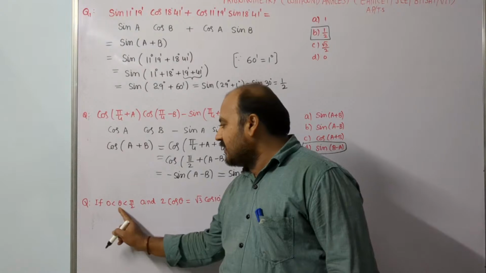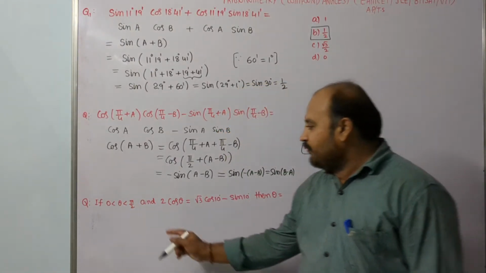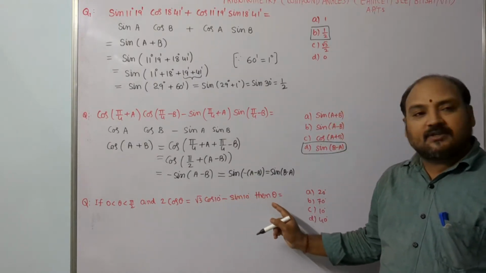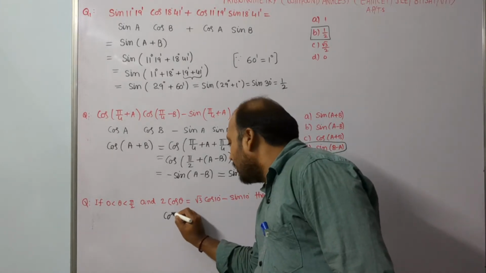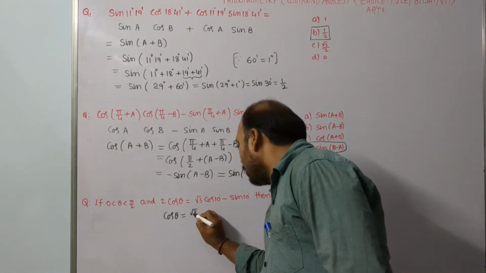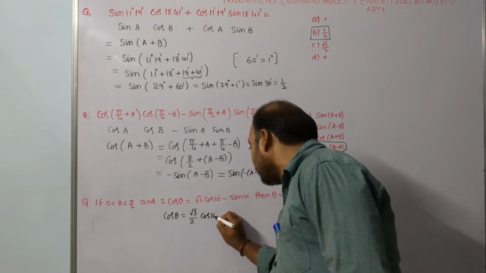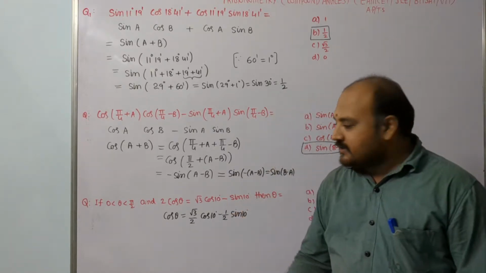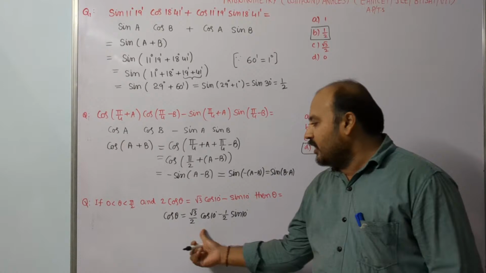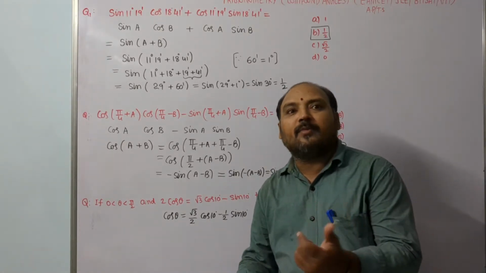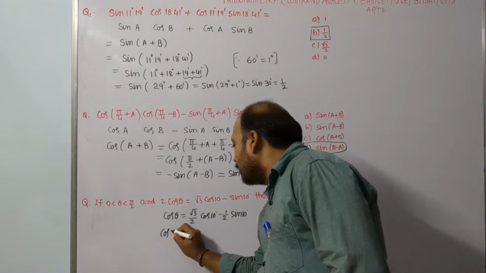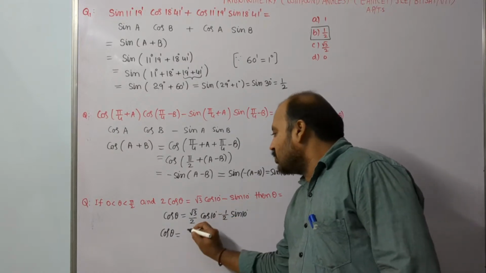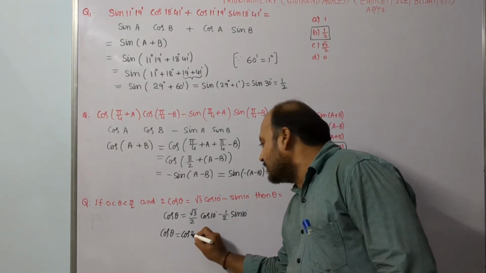If 0 is less than theta is less than pi by 2 and 2 cos theta equals root 3 cos 10 minus sin 10 degrees, then theta equals? So cos theta is equal to root 3 by 2 into cos 10 minus 1 by 2 into sin 10. Observe, dear students, in LHS cos theta is there. So in RHS also I want to get the cos formula, and here minus means cos of A plus B only will come. So root 3 by 2 in terms of cos 30 degrees